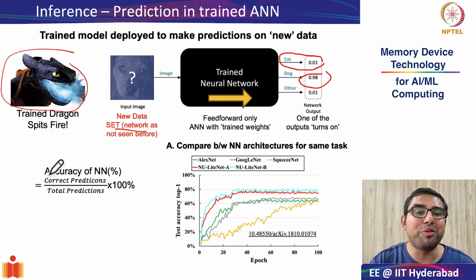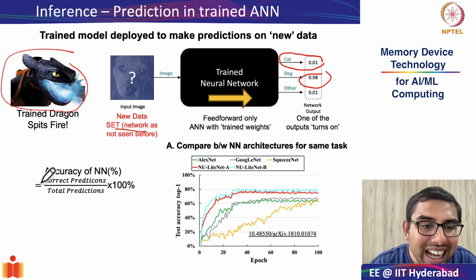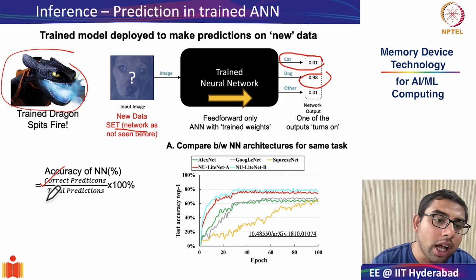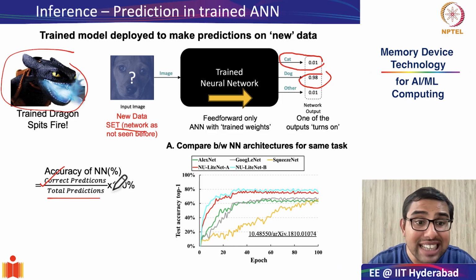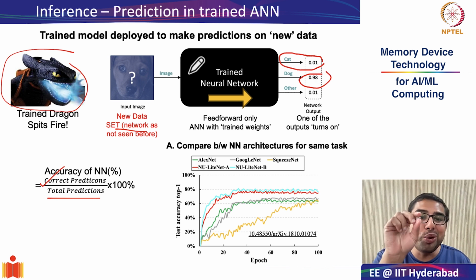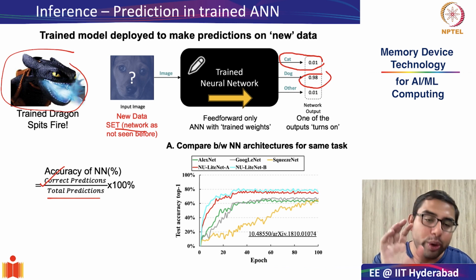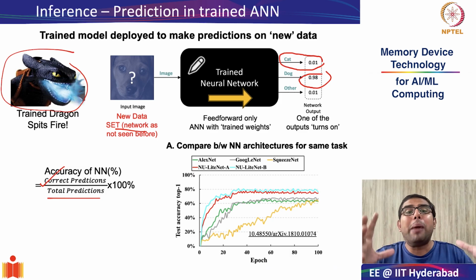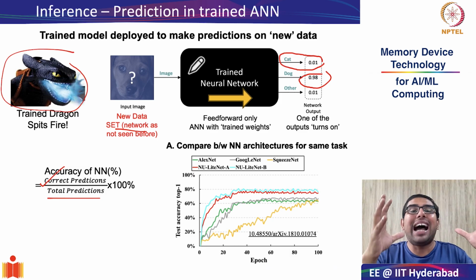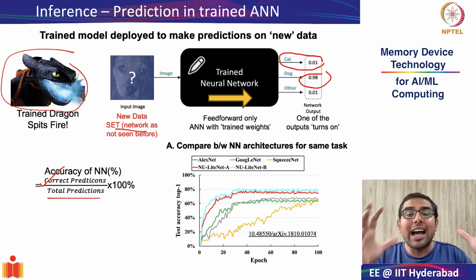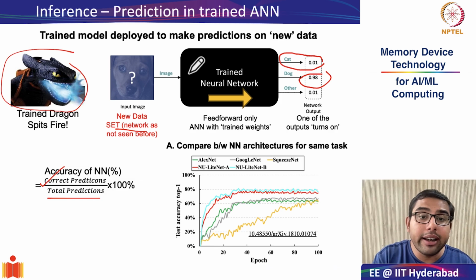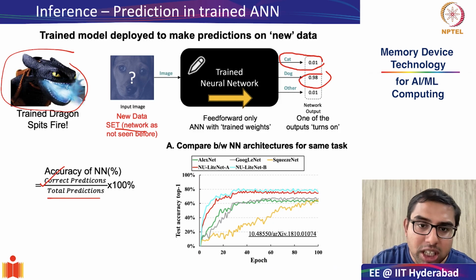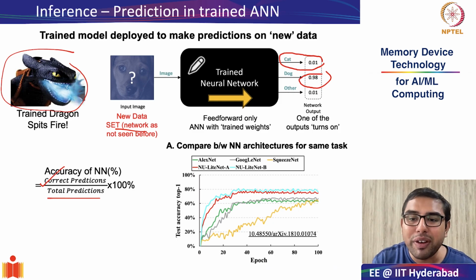Next, we understand the meaning of accuracy of a particular neural network. The accuracy of a neural network is the number of correct predictions that it is able to make versus the total predictions, multiplied by 100%. So please understand, the accuracy of a neural network is not this 0.98 which it is giving for just one unseen data. What you essentially do is you show it a batch of dog images, a batch of cat images and a batch of human images, and you check, for this unseen data, what fraction of images it is able to classify accurately.